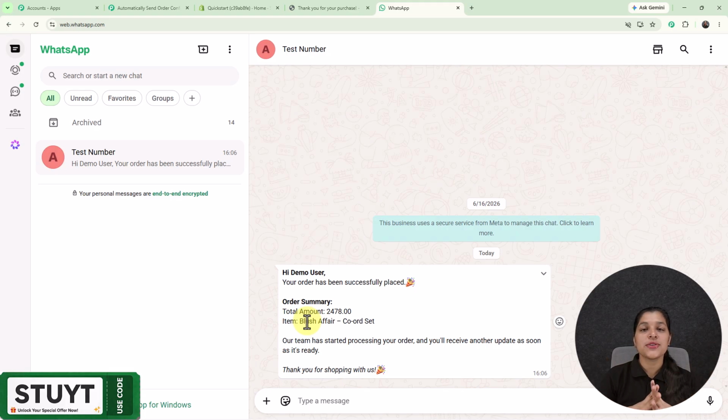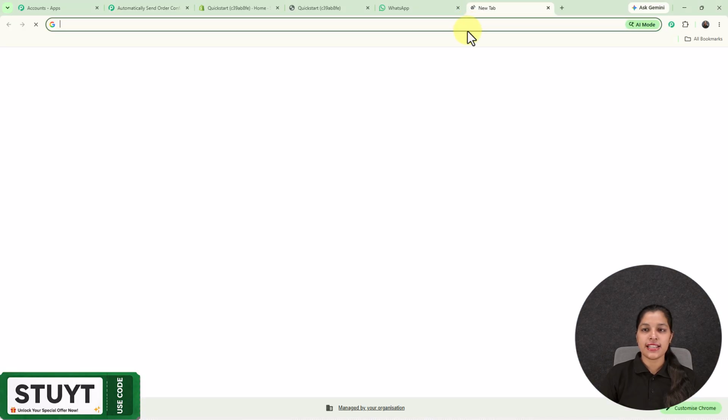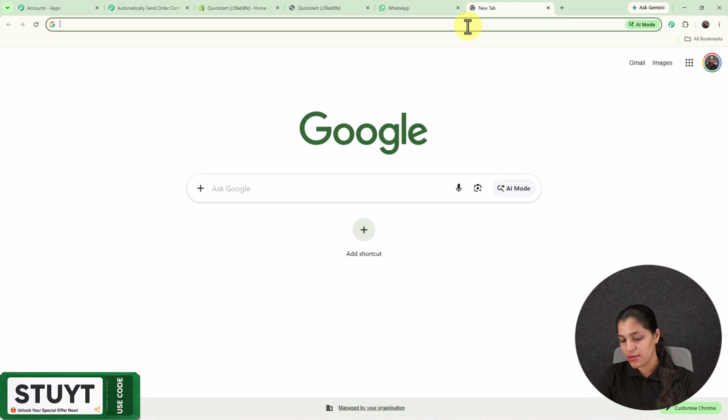So now you can also use this amazing automation tool Pabbly Connect for integrating many amazing applications of your business. So now let me show you how you can do it. For that, you have to move towards the workflow page of Pabbly Connect with me. So right here I'm on the workflow page of Pabbly Connect, which you can get by typing its URL over the new tab, that is